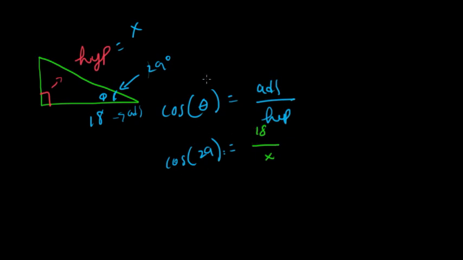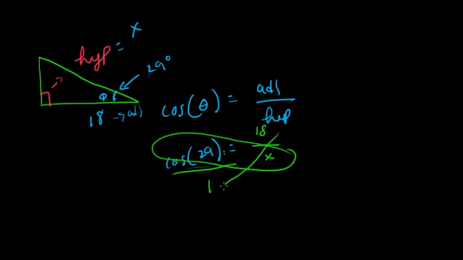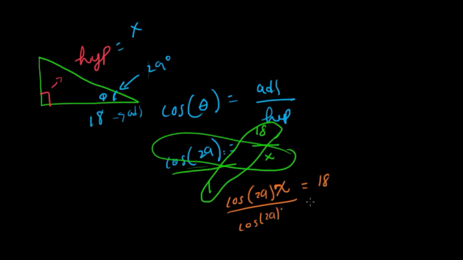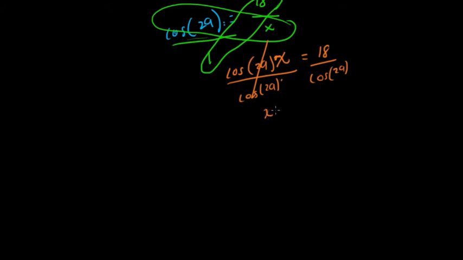Perfect. Now we just saw the same thing up top, where we can set this up as a proportion and cross multiply in order to solve for x here, right? So we'll have cosine of 29 degrees times x is equal to 18. Well, I can divide both sides by cosine of 29 degrees so I can get x by itself. These cosine of 29 degrees cancel out, leaving me with x is equal to,